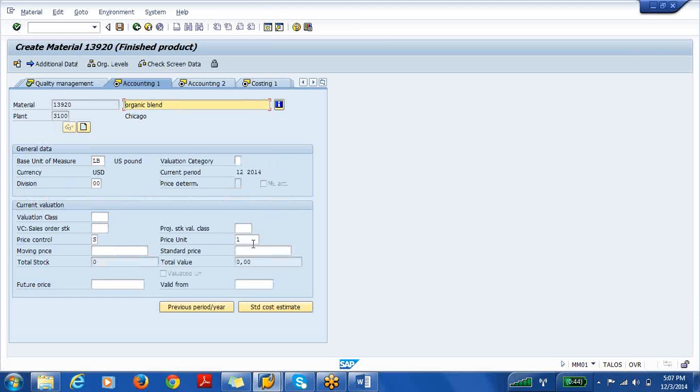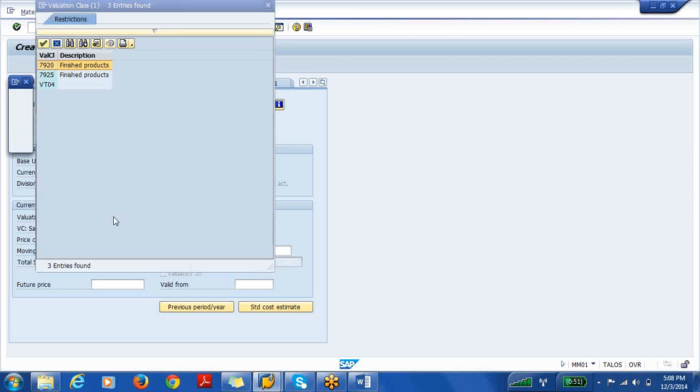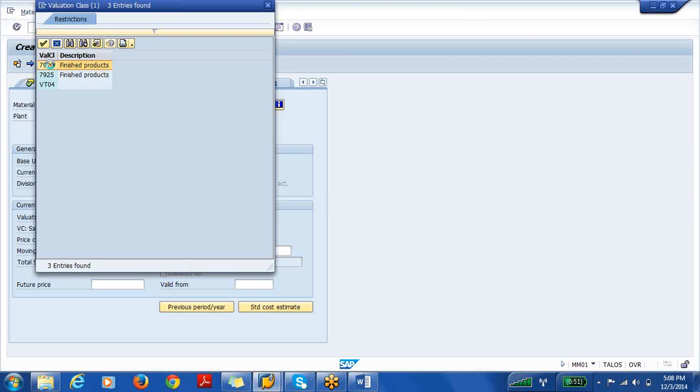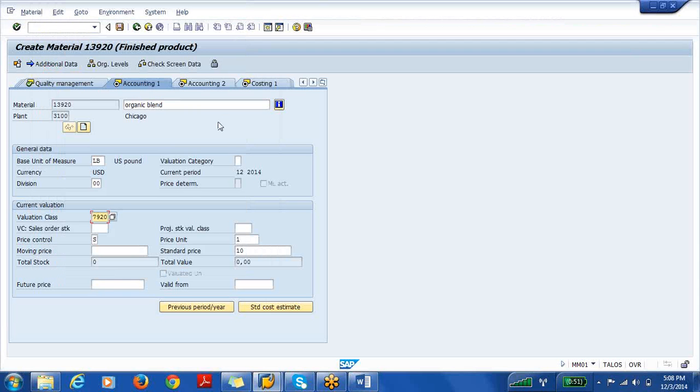Accounting. How much is it going to cost you to produce it? Let's say 10. It could be 10 bucks, or it could be different, depending upon what you give in the pricing. Okay, so the valuation class, standard valuation class for the finished material 7920, we select that. For 1 unit, 10,